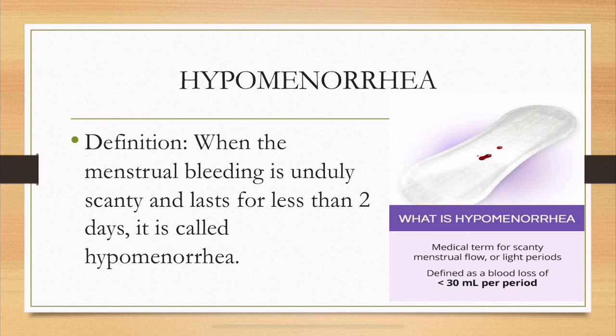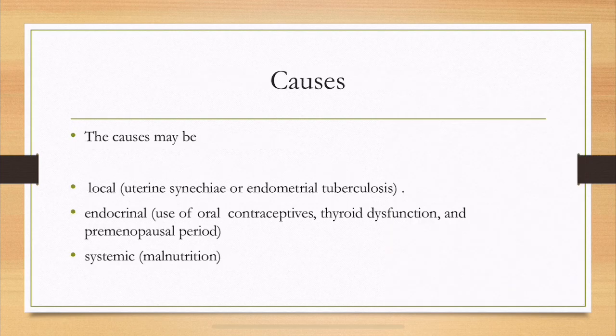You can see in the picture here, it is defined as a blood loss of less than 30 ml per period. Every period, if the bleeding is less than 30 ml and it is lasting for less than 2 days, that is 1 day or half a day or a few hours, then it is hypomenorrhea. The causes for hypomenorrhea are